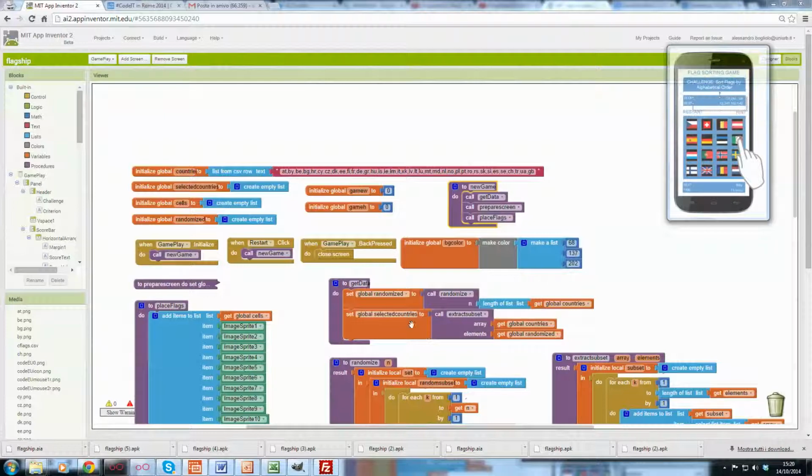Then this second routine, which is extract subset, does exactly what I mentioned. So given the original list of countries and the list of positions in the list of the countries that we want to represent, it takes them out and builds a subset that is used in place of the original set